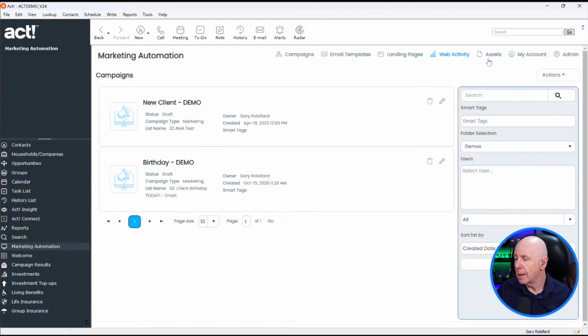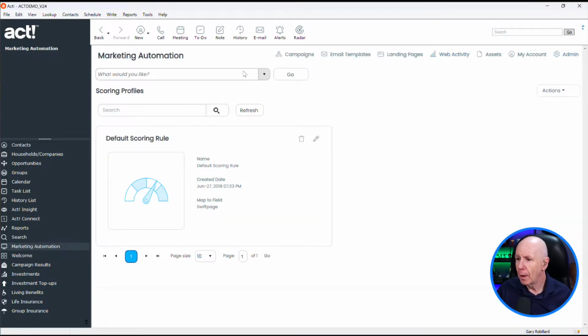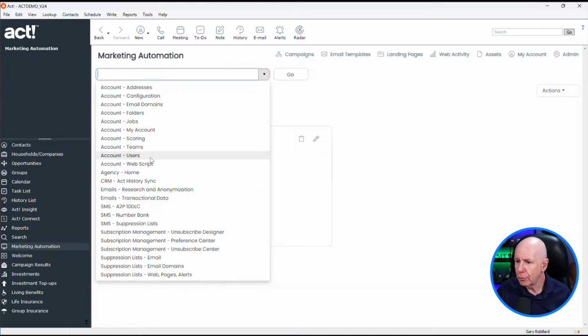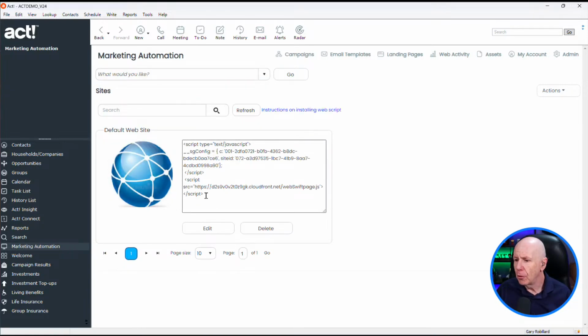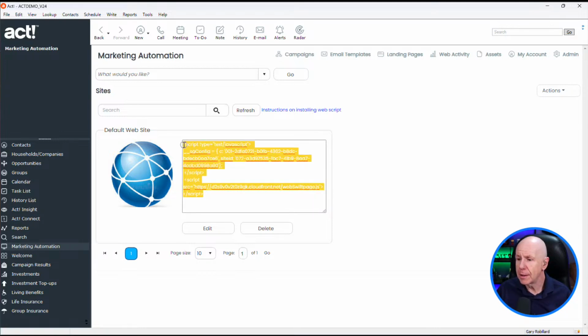And so what this does is I can go into admin, and we're going to go over here to, where is it? What am I looking for? Web scripts. Here we are, account web script. And so you'll go to that. You'll copy. Now you'll want to get your person that does your website to put this in, but you can take this code.